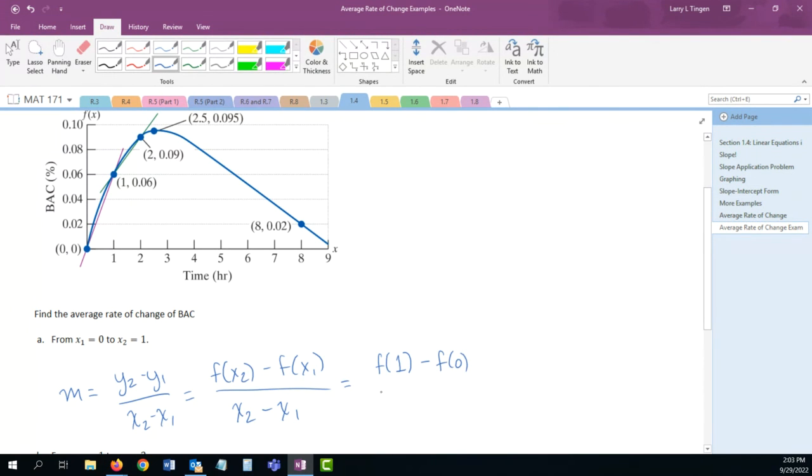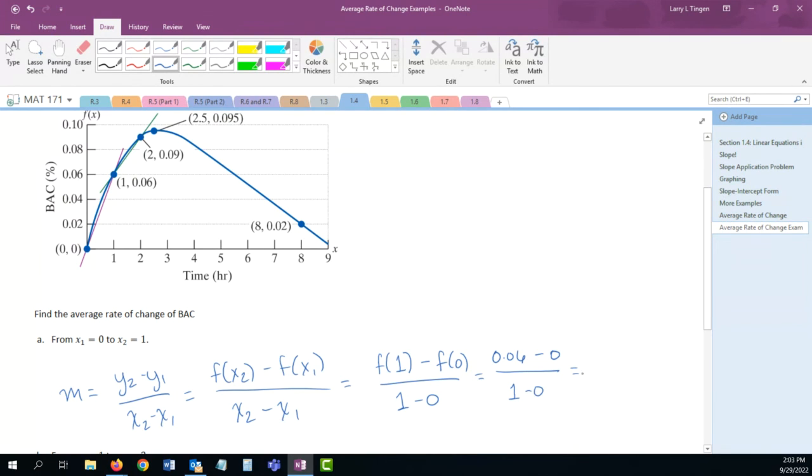X1 is 0. What is f at 1? Well, if I come up here, when x is 1, f of x returns 0.06. F at 0, when I plug in 0 for x, I get out 0 for y, so that's just 0